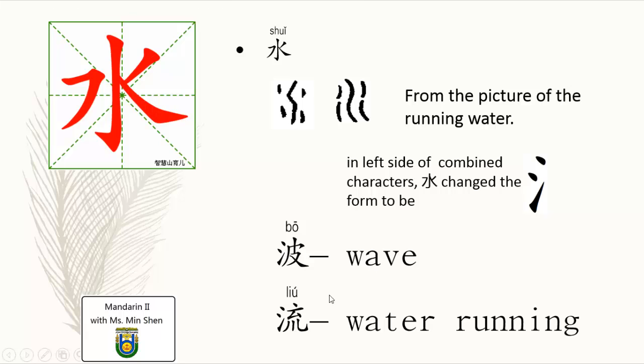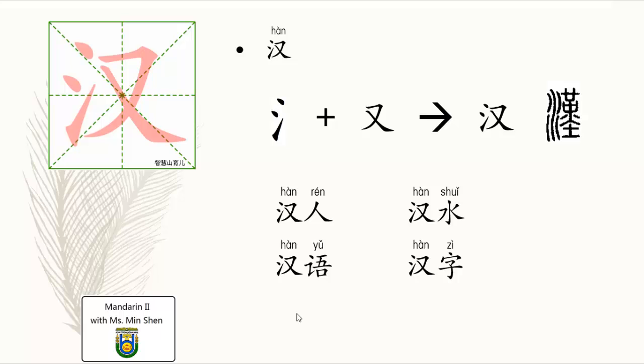李波, right, the name. Liu, running water. So you can see left hand side, still it's the water. And in this character, the right hand side actually present pronunciation. So 水, water. Next one, we use this form, the 3 dots at the left hand side, meaning it's a